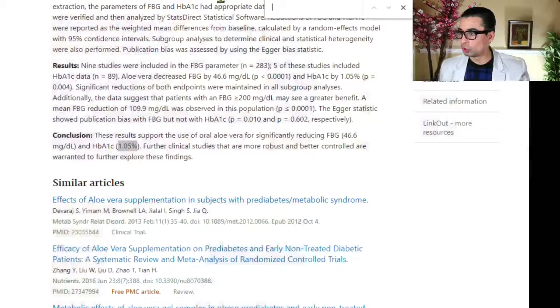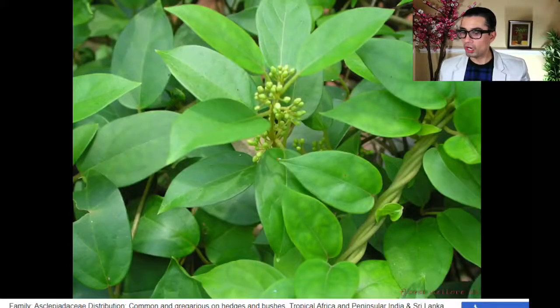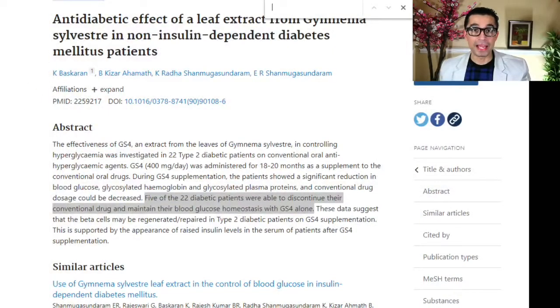Now, number 2 is going to be something that you may not have heard before. This is called Gymnema. Gymnema sylvestre is the botanical name, and Gymnema is an Ayurvedic medication that has been used for centuries. And actually, in one study, people with type 2 diabetes were taking around 400 milligrams of the Gymnema extract, and they took this for about 18 to 20 months, and they experienced a 29% decrease in their